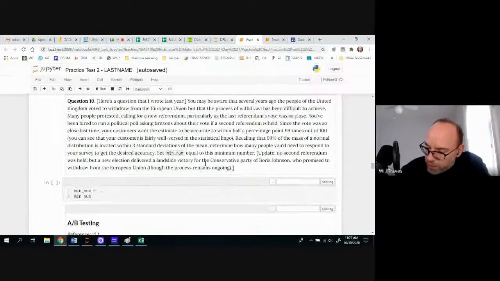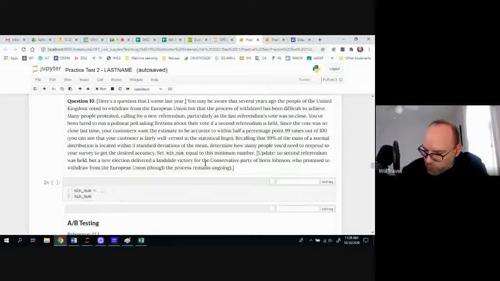So we try to ensure that 3 divided by root n is less than or equal to 0.01. 0.01 is 1 over 100. Sorry about that. So now you just solve this